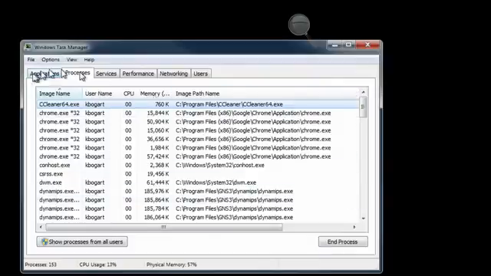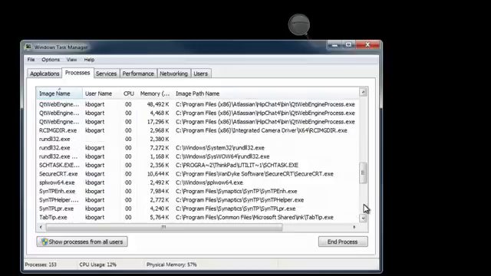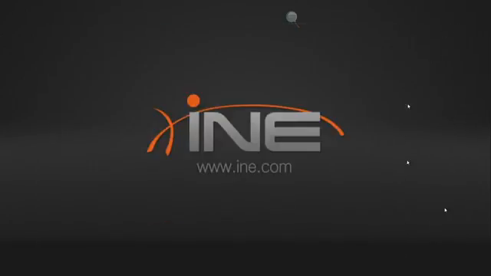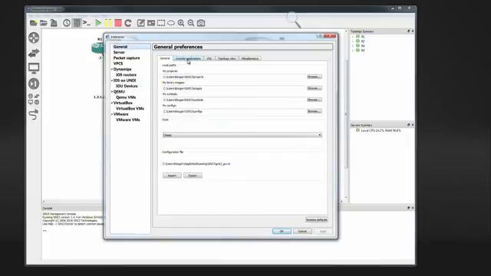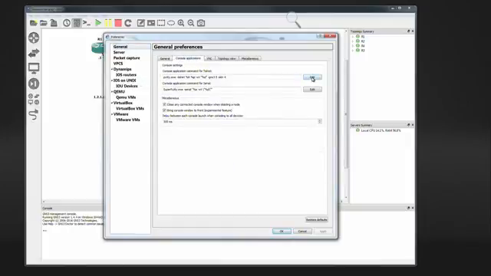So let me go ahead and sort this by name so it's alphabetical. Scroll down, I have Secure CRT running right now. And right here we can see the image path. So you're going to want to write that down somewhere, or take a screenshot of that. But basically you're going to want to know what that image path is. And so once you find the image path, you can close Secure CRT. You don't need it anymore. Go back to GNS3, Edit, Preferences, Console Application, Edit,